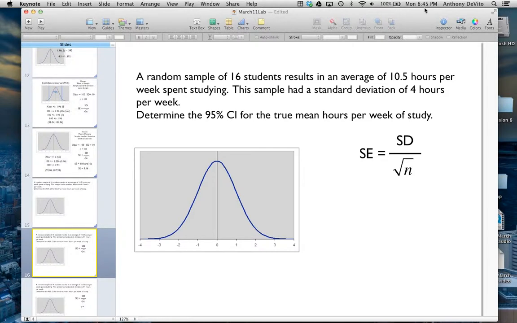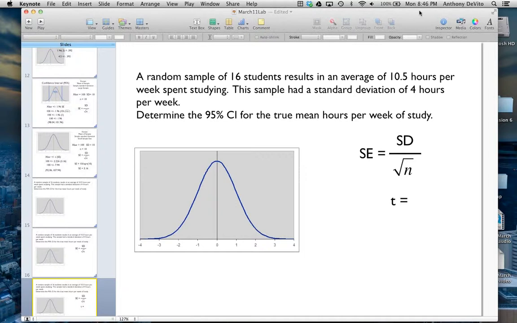A lot of people said 3. Is there a reason why? Do you guys see why it might be 3? Are you comfortable with what I just did there? I'm a little concerned, I want to make sure you recognize that 1 is the right answer rather than 3. I'm not sure how you got 3. Maybe square root of 16? I'm not sure. We'll figure that out, but that's how we would get it. So now that we know that the standard error is equal to